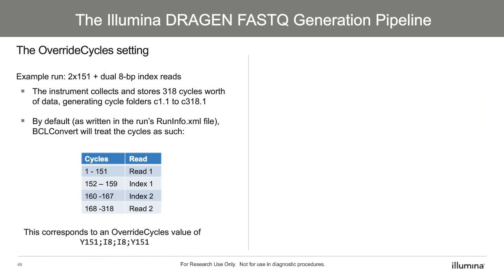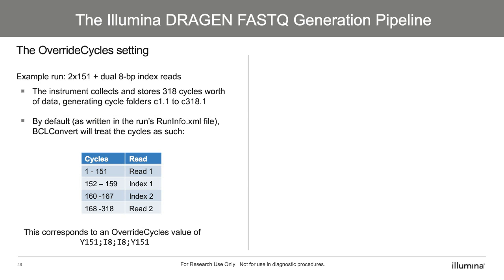To illustrate this, let's consider an example run. This example run is going to be a 2x151, and it's going to be dual index 8 base pairs. In this scenario, the instrument collects and stores 318 cycles worth of data, which is going to generate cycle folders C1.1